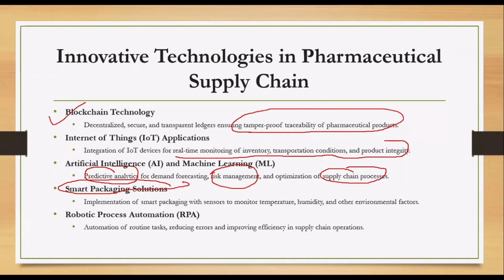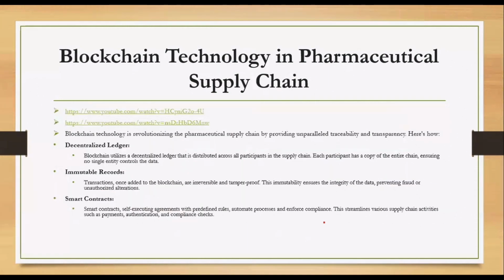That's why smart supply chains are happening now, using these technologies and other technologies, like robotic process automation. This is happening. So the routine tasks in warehousing, how do you automate them? How do you trace the material, and automatically repeated tasks are done by these robots, so identification and traceability errors can be minimized and supply chain operations improved. Of course, there are two videos on blockchain. I think you can go through them a little later after I share the presentation.